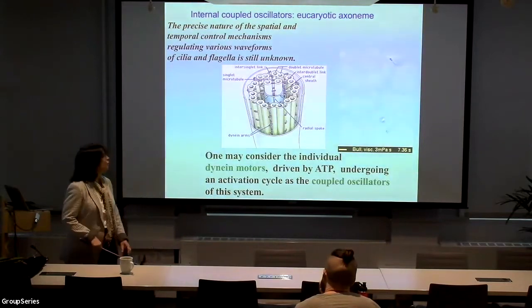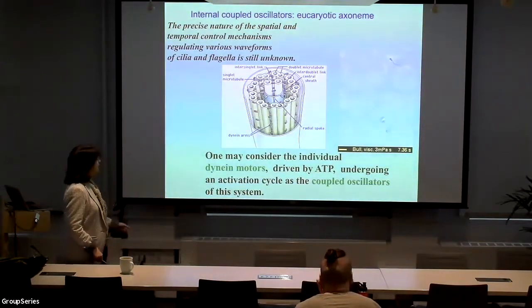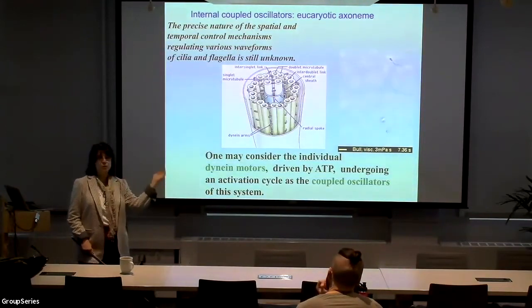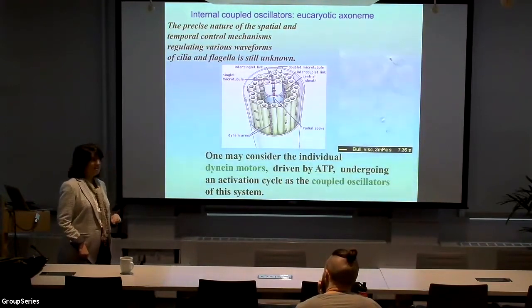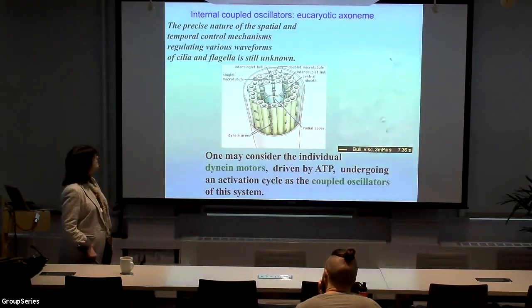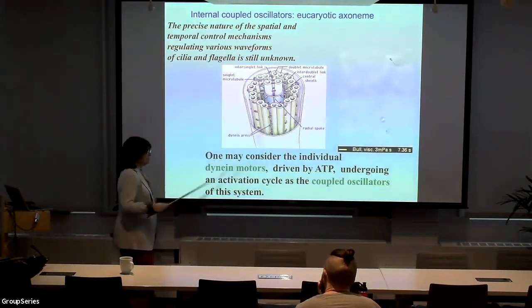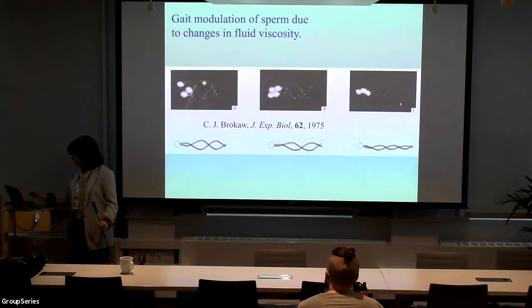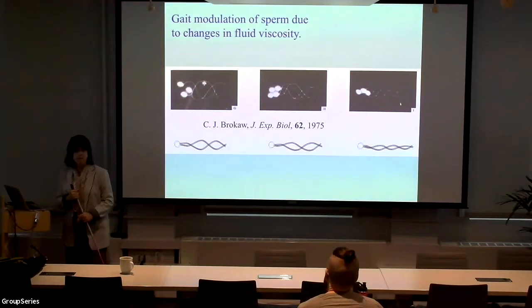So for the sperm flagellum, you have a sinusoidal type pattern that comes out, and if this was a cilium, which was anchored at its base, you would get a power and a recovery stroke. It is still very much not decided upon what are the individual actions governing each of these dyneins that give rise to that pattern. But one thing that I find very interesting, and here are some experiments from back in